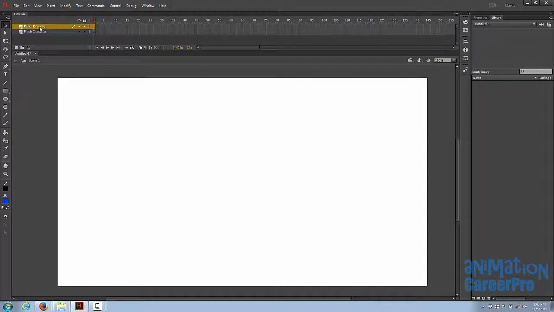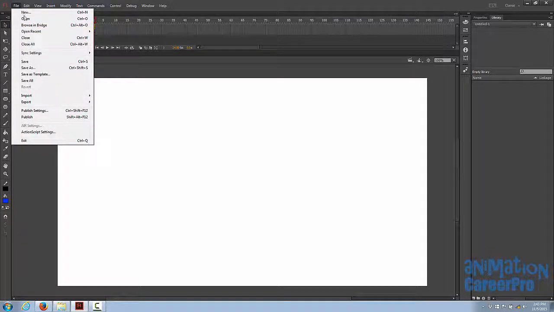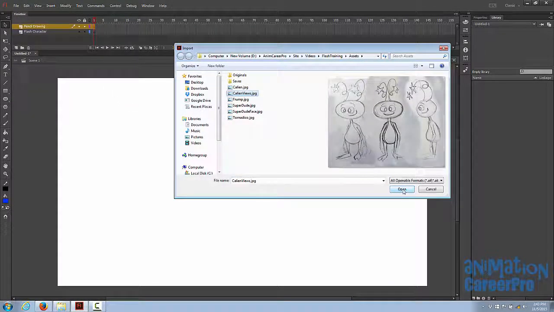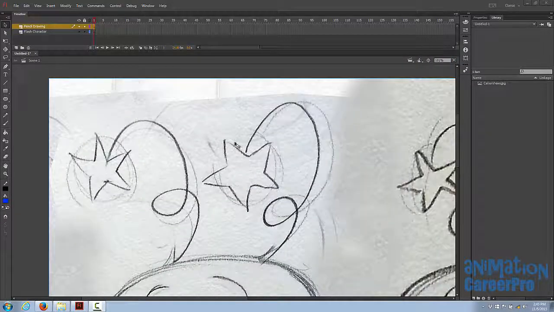Alright, so let's go to the pencil drawing character and just make sure that layer is activated. I'm just going to import a drawing that I did earlier of a character. So we'll go to File, Import, and we'll just import it to the stage. Just select that and hit Open. Okay, so now that we have the drawing in on the pencil drawing layer,